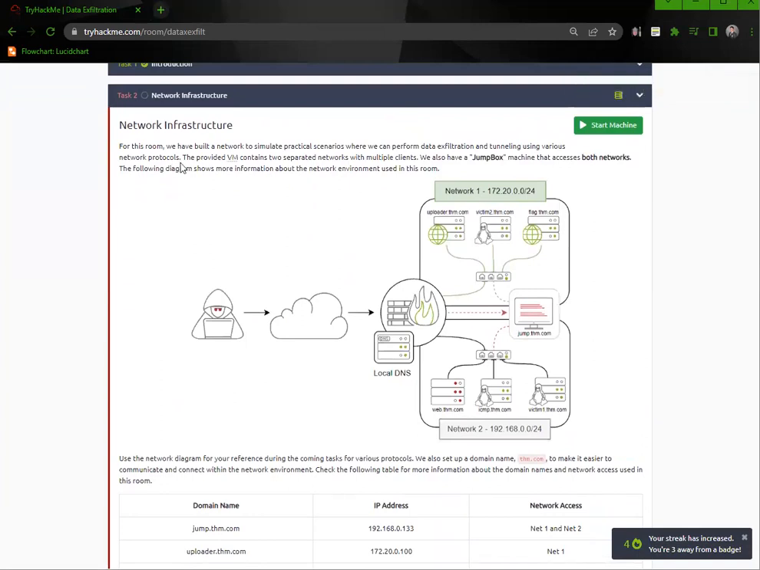For this room, we have built a network to simulate a practice scenario where we can perform data exfiltration and tunneling using various network protocols. The provided VMs contain 2 separate networks with multiple clients. We also have a jump box machine that has access to both networks. The following diagram shows more information about the network environment used in this room. All right, so local DNS, jump. So we're going to access this jump box, which is then going to give us access to these 2 networks here,